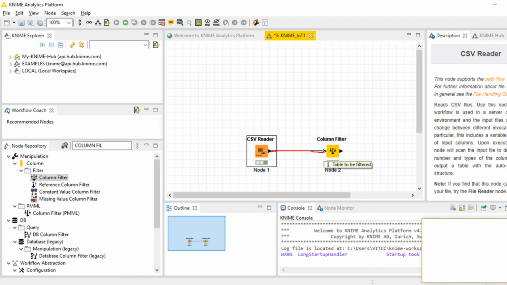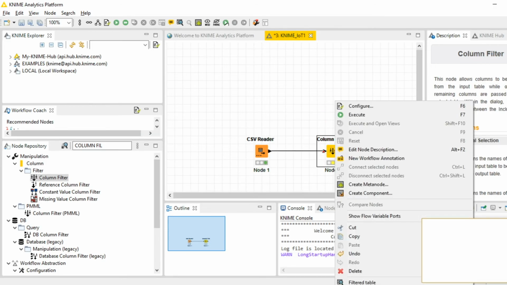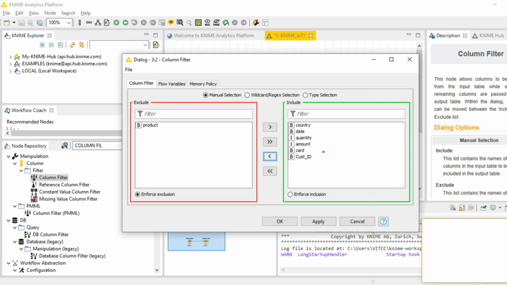the column filter node is available now. So we are going to configure it. Right click it and click configure. Now we are going to select the columns which are going to be included and excluded. These are the various columns which are already available in this CSV file. Out of this, if I want to work with a particular column, you can select it and toggle between them using the forward and backward arrows.